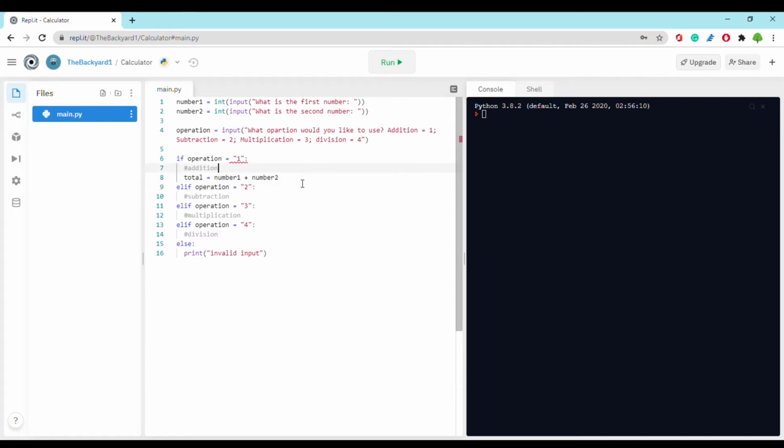Is equal to number 1 plus number 2. Here, subtraction, we could say subtracted is equal to number 1 minus number 2. For multiplication, we could say multiplied is equal to number 1 times number 2. And then finally, for division, we could say